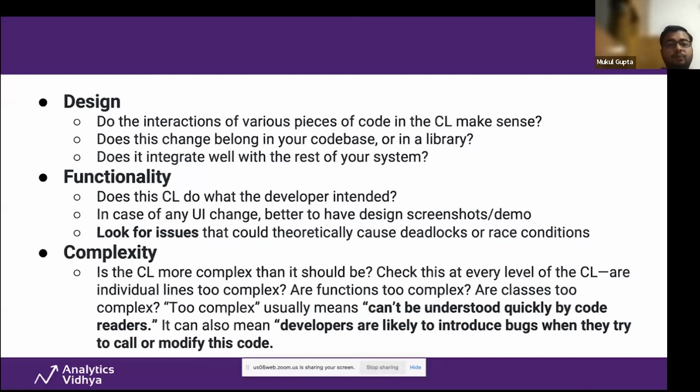Are the functions that have been exposed as part of that change list or code review too complex, or do the classes that have been newly incorporated, changed or modified seem too complex? We talked about too complex, but what does it mean? Too complex usually means that it can't be understood quickly by the reader. Let's say you are the reviewer going through that code piece and you feel that quite a bunch of lines have been encapsulated in one single class, or a lot of functionality has been tightly coupled into one single method, and it can be refactored and extracted out into smaller code pieces so that it